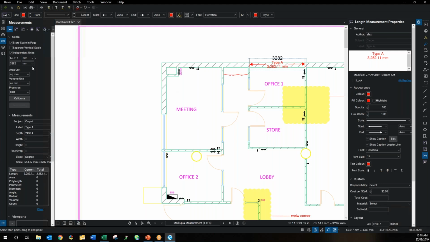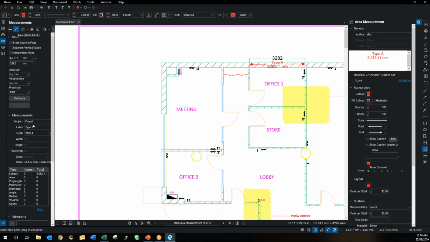So we have a few different measurement tools we can use. We've got length, area, poly length, diameter, angles, radius, and then if we click this, there's a few more as well. So we've got a volume tool, a count tool, a cutout so that we can cut out parts of what we're doing, and a dynamic fill. So we'll start with an area measurement. So if we click area,